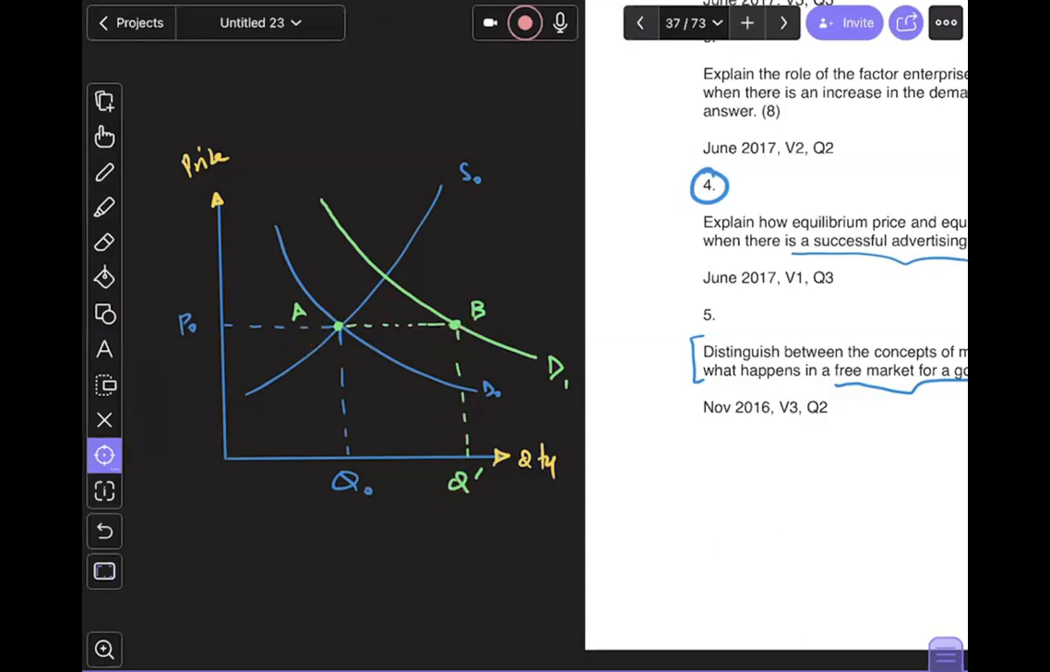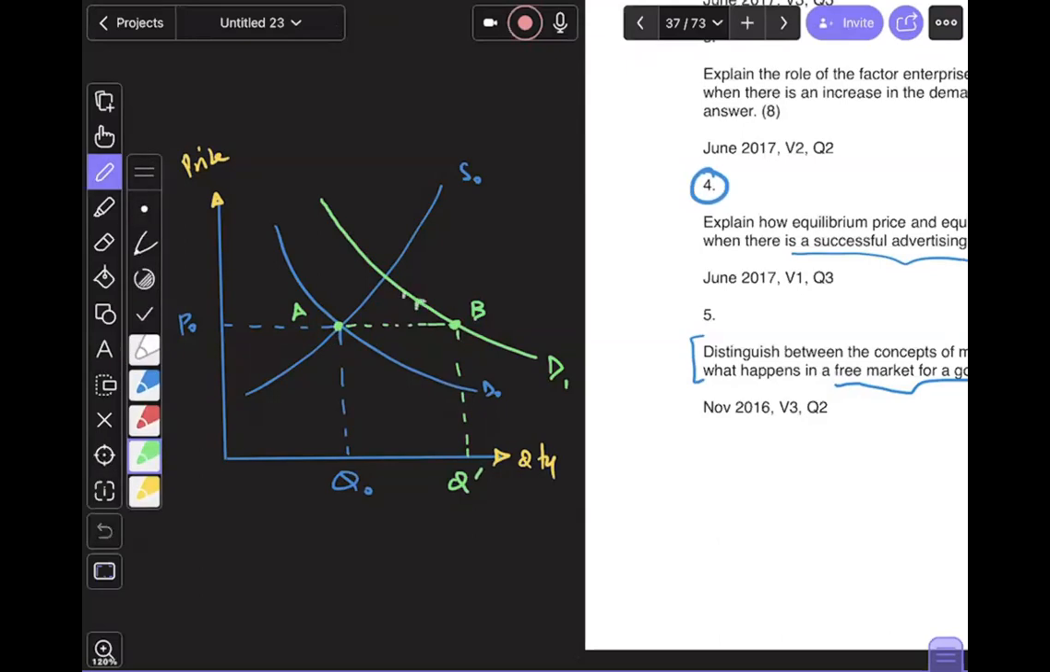Makes sense? And therefore, I'm so sorry guys, somebody's waiting. Sorry. So quantity demanded is more than quantity supplied, and therefore you will say that in this case,